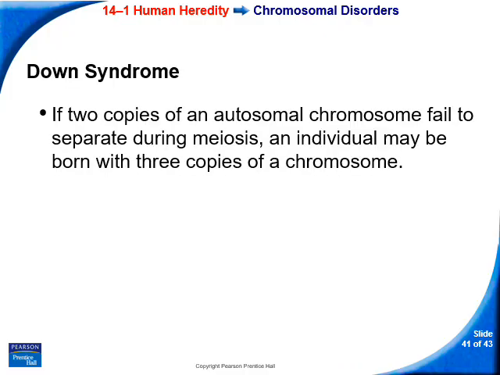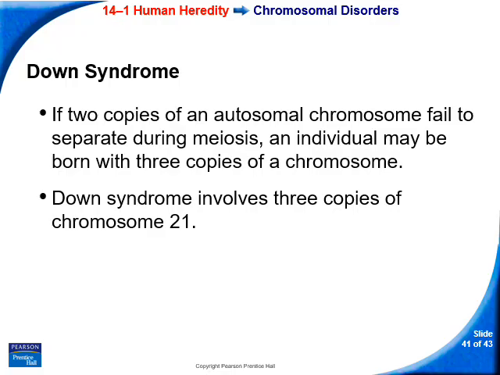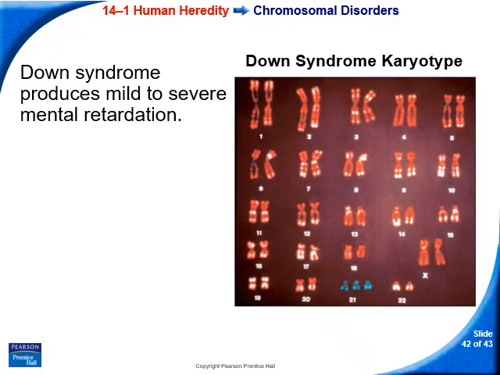Down syndrome is a human disorder where 2 copies of an autosomal chromosome fail to separate during meiosis. This is a classic case of non-disjunction. An individual may be born with 3 copies of a chromosome, an N plus 1, that is fertilized by a normal gamete. Instead of 46 chromosomes, the person will have 47 chromosomes. In this case, the Down syndrome person will have 3 copies of chromosome number 21. And that is your chromosome number 21. One of these 3